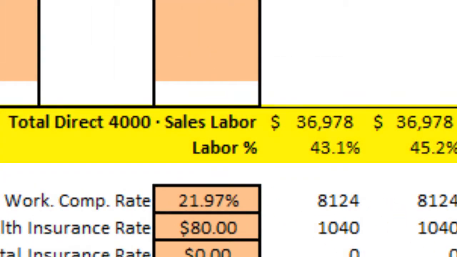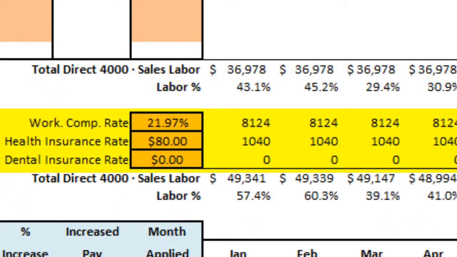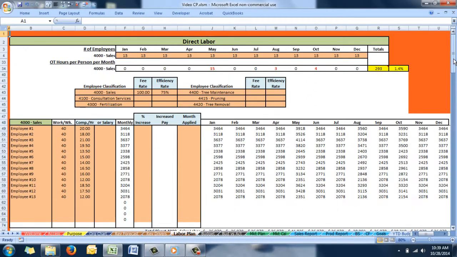Scrolling down a bit more, you will see the burden costs of your employees, such as workman's compensation, health and dental insurance. And although it is not visible here, it also includes your matching taxes, such as FICA and federal and state unemployment. As long as you gave us this information during the intake process, this will all be populated for you. As we move back to the top, we have a place to input the total number of employees